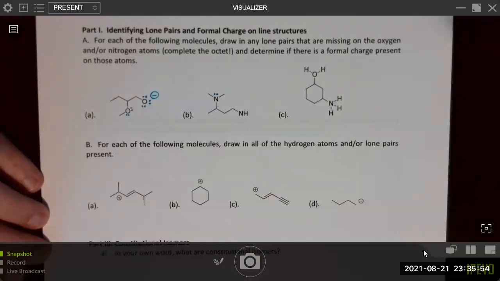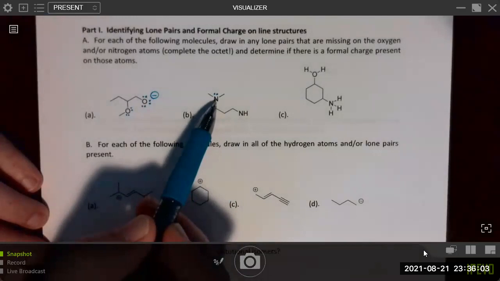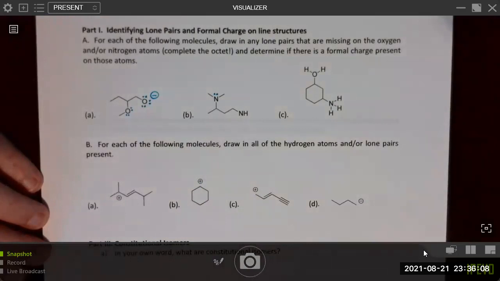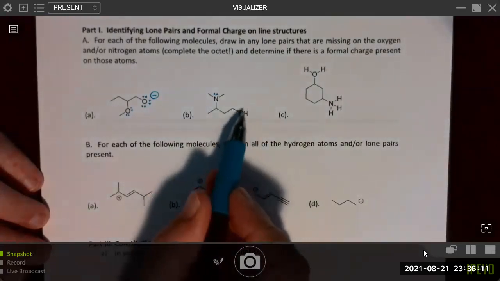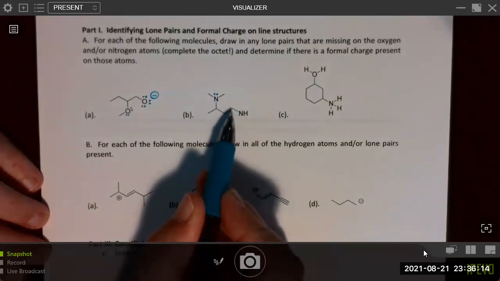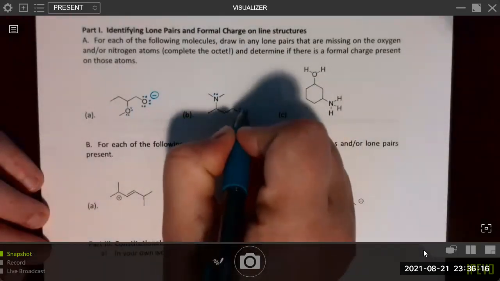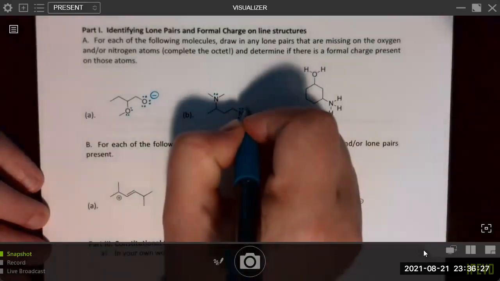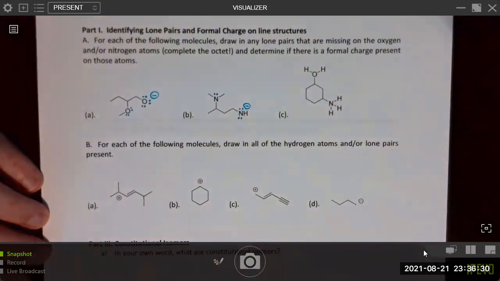Again, the calculation for formal charge is number of valence electrons minus the number of assigned electrons. So for example, for this nitrogen, 5 valence electrons minus 5 assigned electrons means we have no formal charge. For this nitrogen atom, we have 2 bonds, one to the hydrogen and one to this carbon. So we need 2 additional lone pairs for a total of 8 electrons to complete the octet. The nitrogen makes 2 bonds and has 2 lone pairs. It has a negative charge due to the calculation of 5 minus, in this case, 6 assigned electrons.